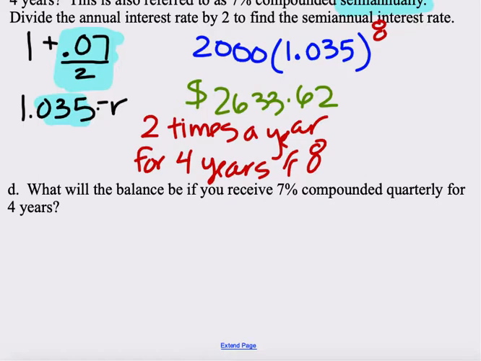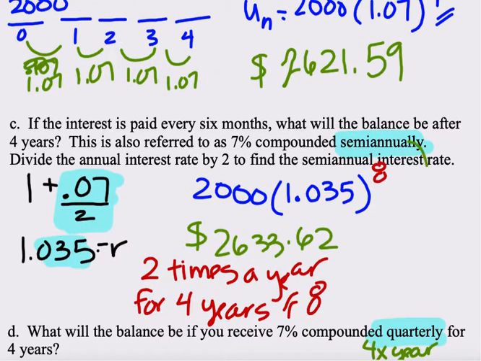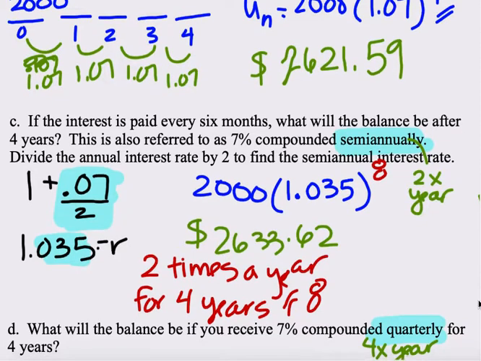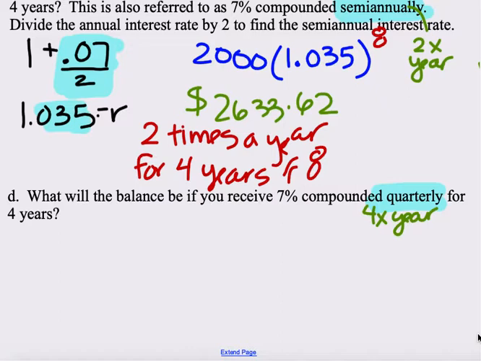So this would require that you know what the idea of quarterly is, and that's 4 times a year, where semi-annually was 2 times a year. So that's a good vocabulary word to make sure you know. All right, so let's figure out what that interest rate will be. We need the 100% to get back to where we started. That's the 1. And then there's the 0.07 is the annual interest rate. But if it's been compounding quarterly, this time we divide it by 4, and that gets us to a